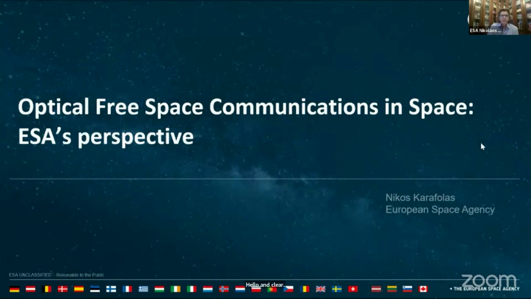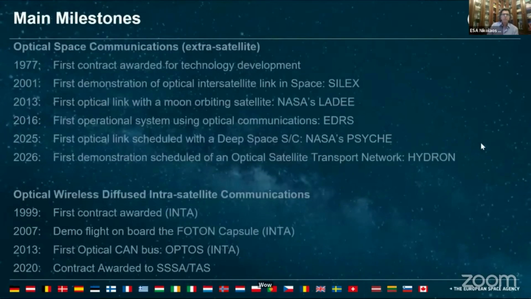So I want to go, within the time that I have, through some of the slides and take you from what we do in free space optics, from inside the satellite, optical wireless, to extra satellite, around the Earth, to the Moon and to the solar system. You'll find the slides, I just added it here, so you will see half a century of efforts by ESA to promote the technology with several worldwide first